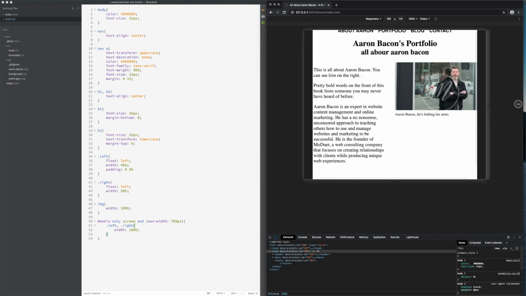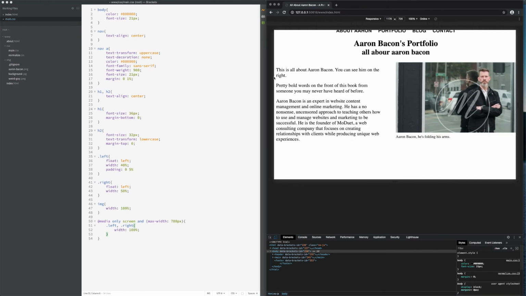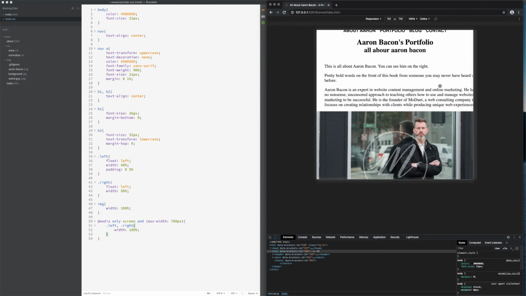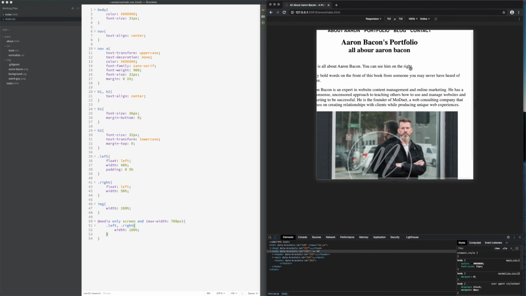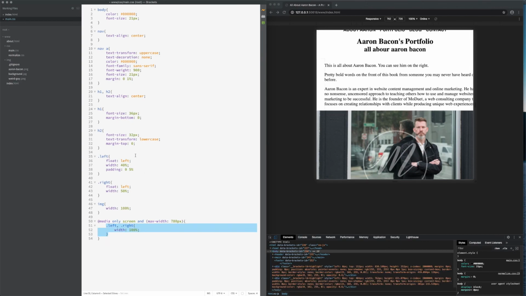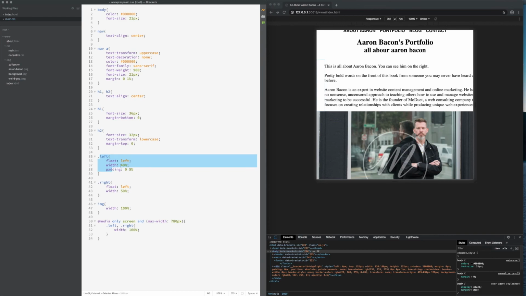Well, remember before when we gave this a padding of 5% on the left and the right? That padding is still there, but I've given its container 100% width. So what I've done is I've said 100% width plus an extra 10% because there's a 5% and a 5% padding on the left and the right. So we need to accommodate for that. So I can do one of two things. I can break these out again and set up the width so that it accommodates the padding,